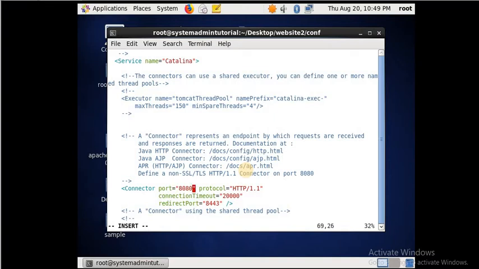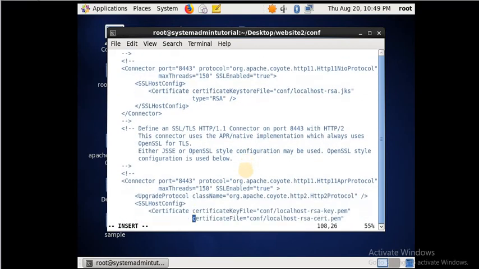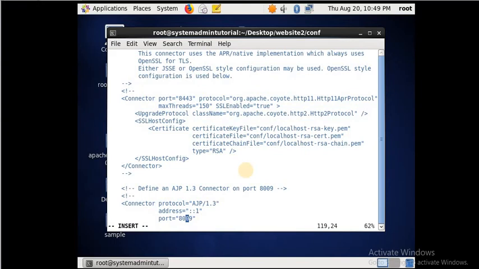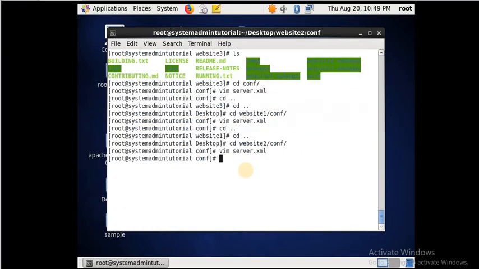Here the connector port will be 8083 and the AJP port will use 8309. Okay, it is saved completely. Now what we'll do, here we will create the different script files. Inside that script file we will add our path for all these instances.